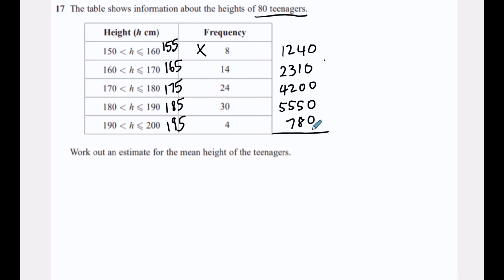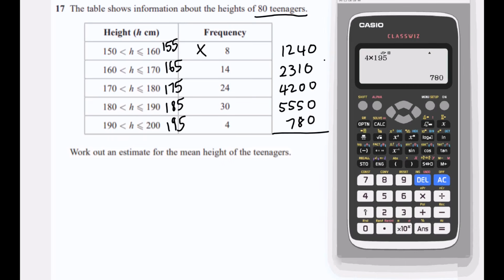And then we just add up these. So 1,240 plus 2,310 plus 4,200 plus 5,550 plus 780. So they all add up to